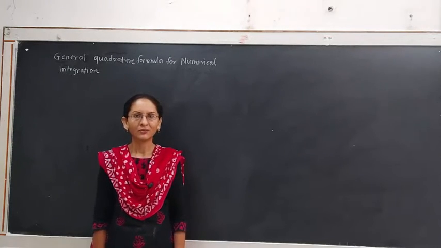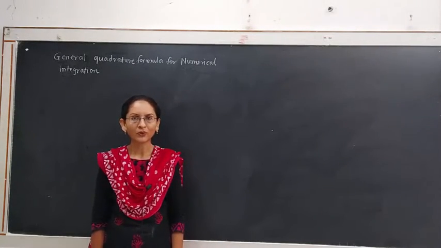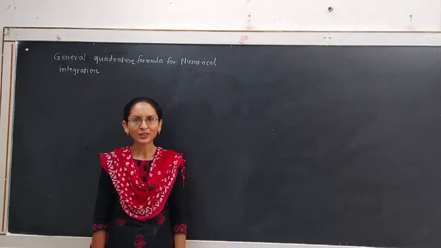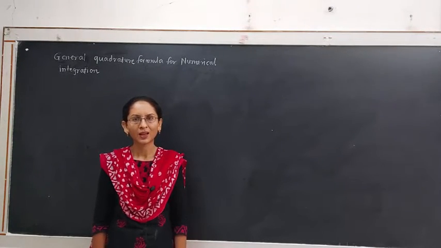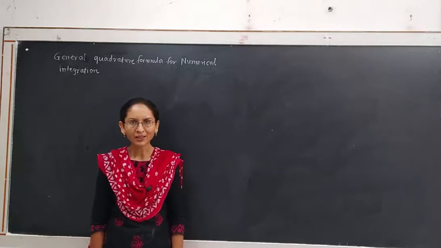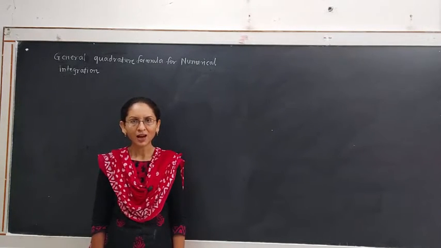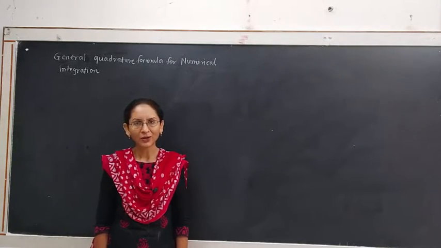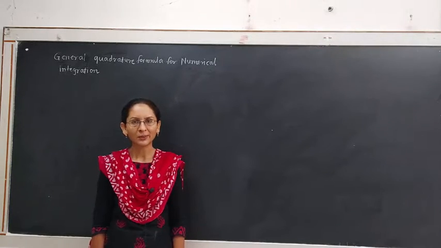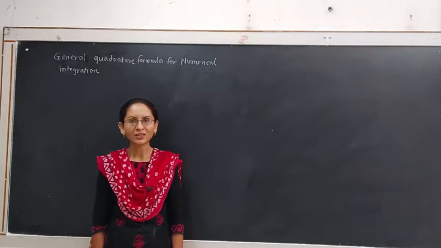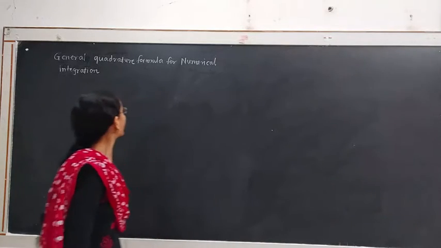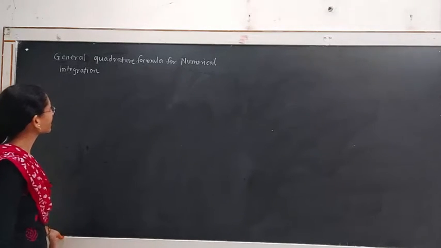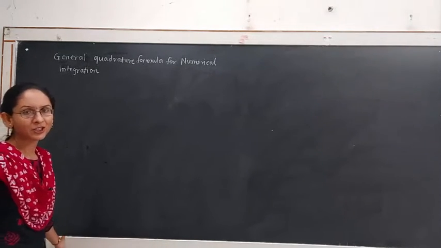In the previous lecture, we studied how to find the derivative of first and second order for an interpolating polynomial by using Newton's forward difference interpolation formula, and the values of the derivative at the points of x which are either the given values of x or values of x which are not prescribed in the table. Now we see what Newton's general quadrature formula for numerical integration is.